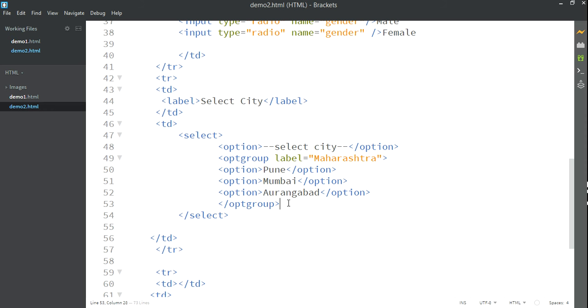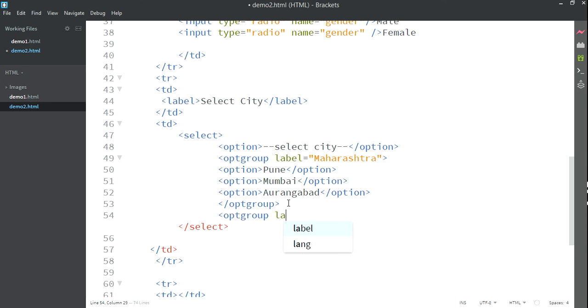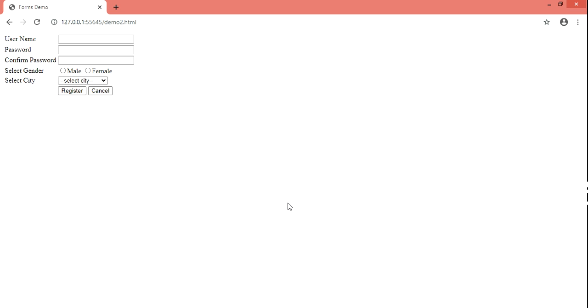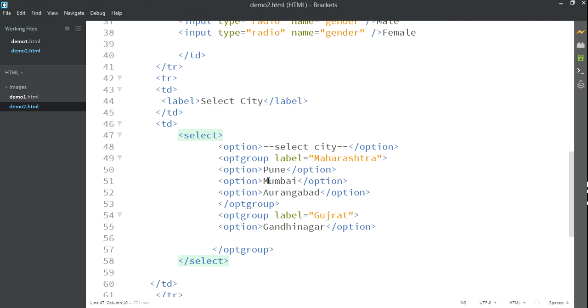Similarly, I can add another option group after this. So I'll say optgroup, label is suppose Gujarat. Now I will add an option, suppose Gandhinagar, like this. Save the changes. I have just added one value for just understanding. Now if you check the output, we will again have a label with the city inside it. So by using optgroup, we can create different groups,